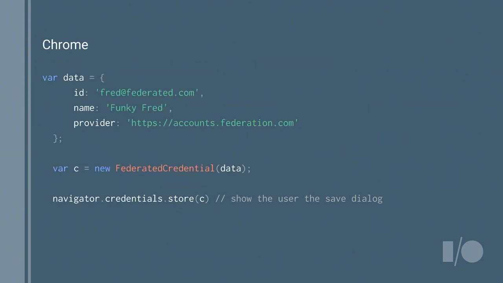And on the web, it's very similar. You construct the credential object, pass it in as a federated or password credential. And if you'd like more information on this, you might have seen the talk from the Chrome team yesterday about how to save all types of information, how to handle the responses that come back, submit forms, or handle federated credentials to make automatic sign-in on the web possible.